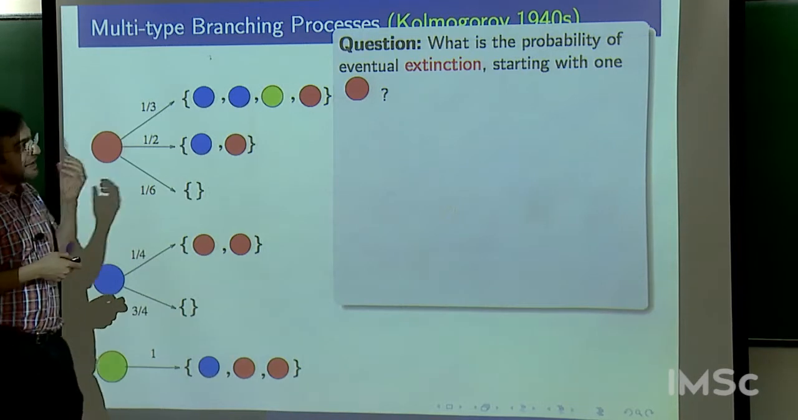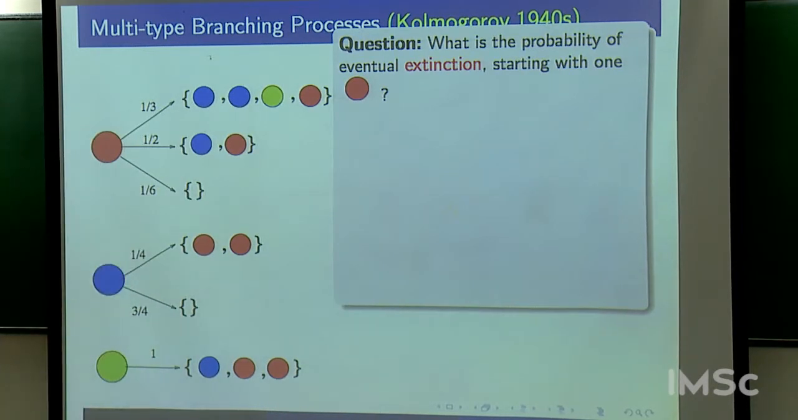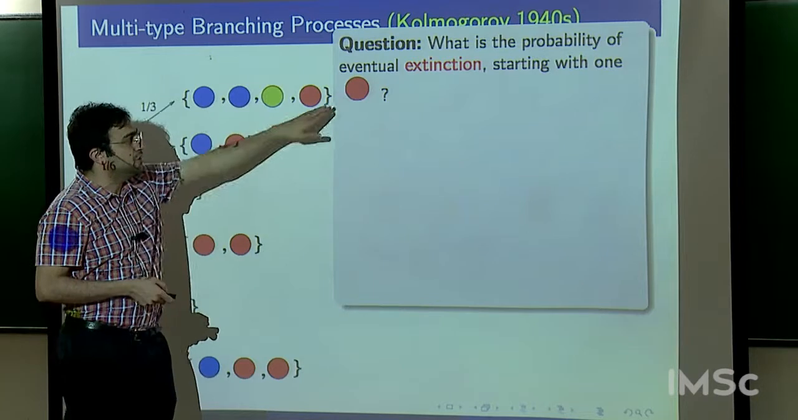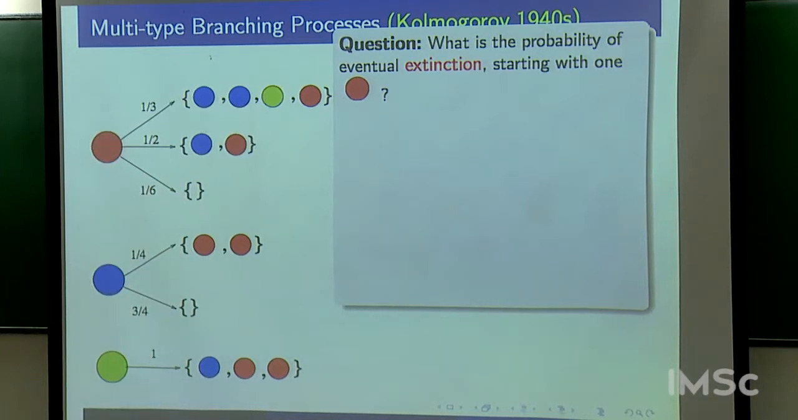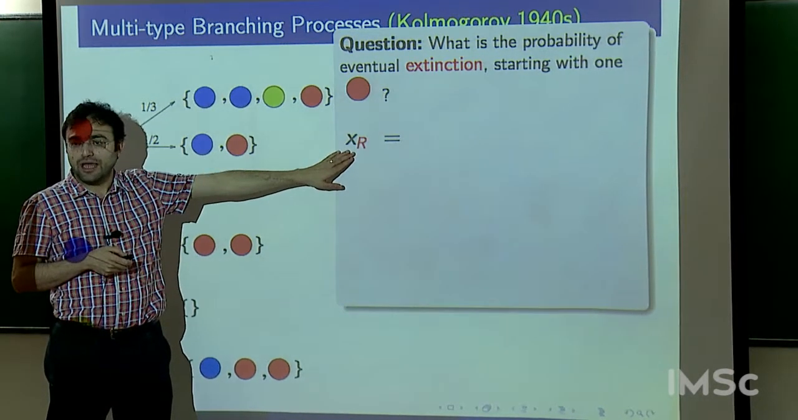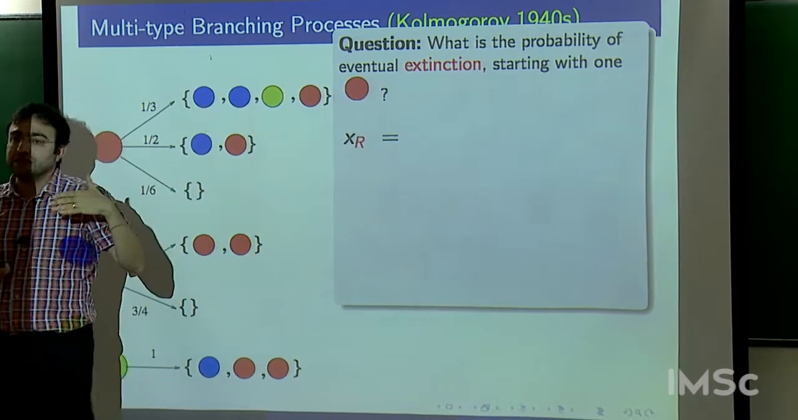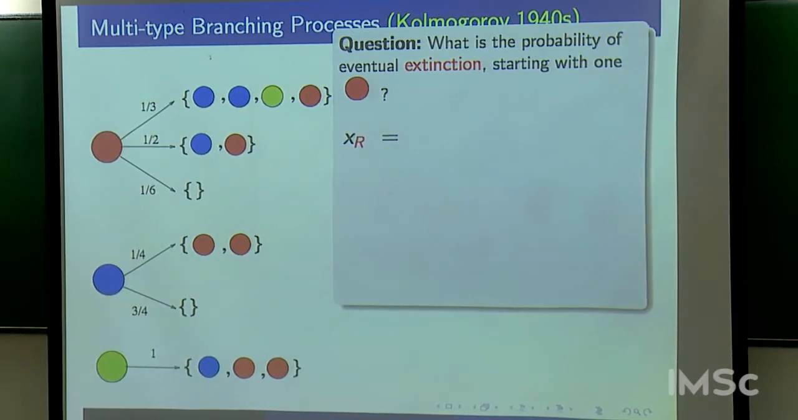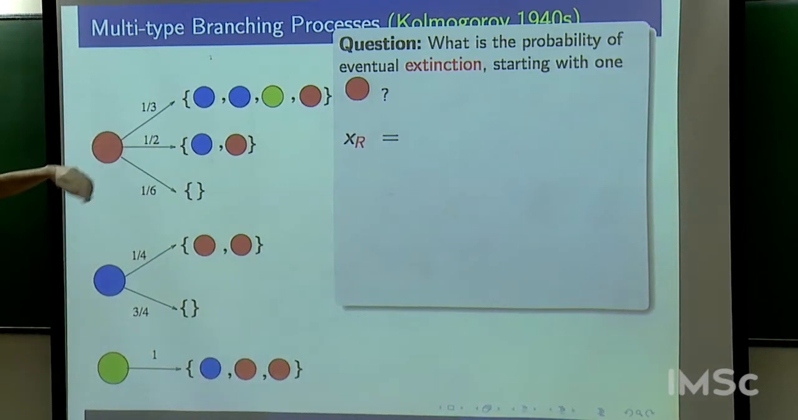So a fundamental question about these stochastic processes, one of the first questions you ask, and the computational question associated with this was already addressed by Kolmogorov and Sevastyanov in the 1940s, is what is the probability of eventual extinction starting with 1 red object, okay? So let's write down some fixed point equations for this. Let's associate a variable, x_r, with the probability of eventual extinction starting with 1 red object, okay? So what is that probability? Well,